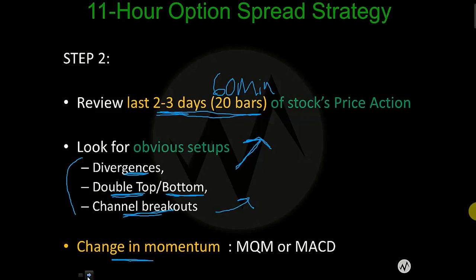Can you use stochastics as momentum? As long as it's giving you the direction. I need to read the momentum. I don't need to know if it's overvalued or undervalued. That doesn't matter, not on the stochastics. On the value charts, it kind of does. I actually want it to be overvalued or undervalued based on